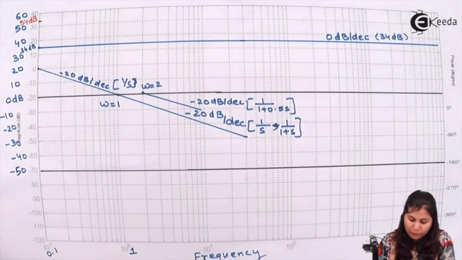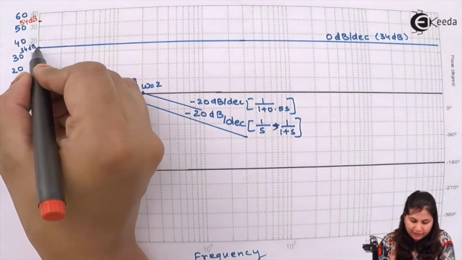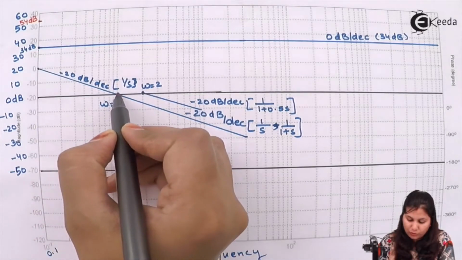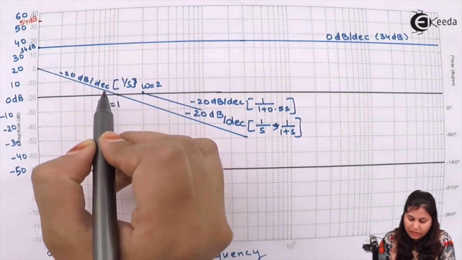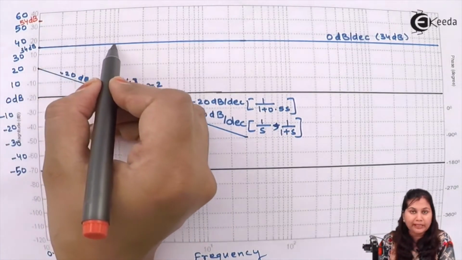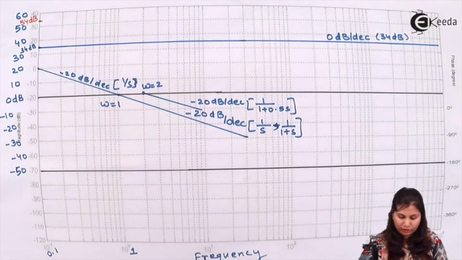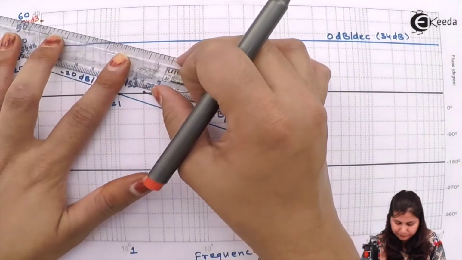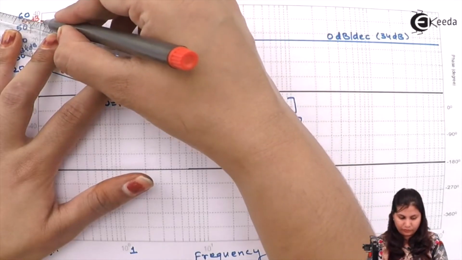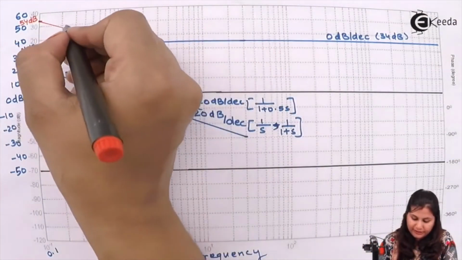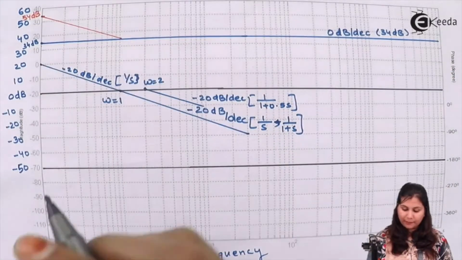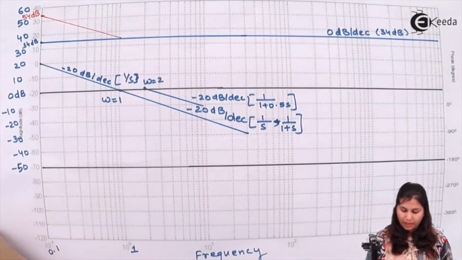Now slope, here the slope is 0 dBs and here the slope is minus 20 dB per decade up till omega equals to 1. So up till omega equals to 1, this resultant magnitude plot is going to have the slope minus 20 dB per decade. So draw this line. So this is due to both these factors. This factor is the constant term 50. So this was up till omega equals to 1. Now we have to draw for